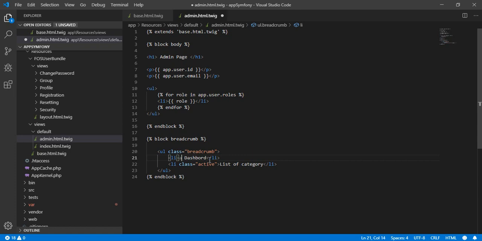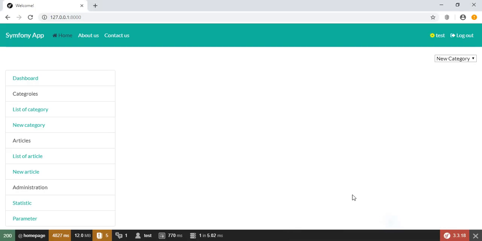So yeah, and inside this let's put the dashboard. You can also add some icon if you want to use Font Awesome, but this is just to see how the breadcrumb will look. So let's go here and refresh,